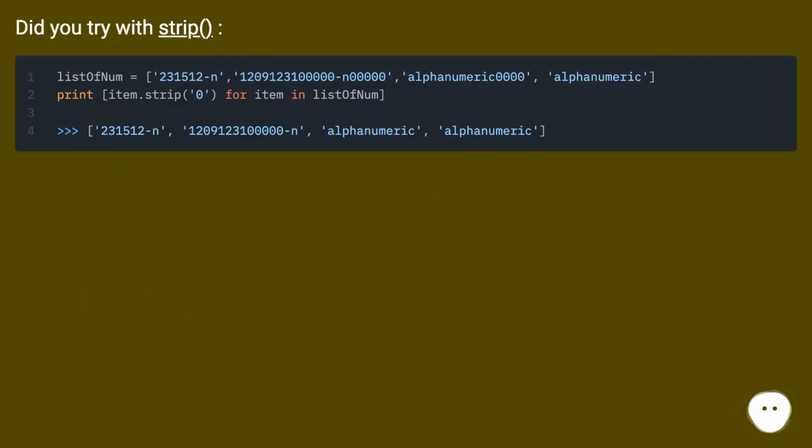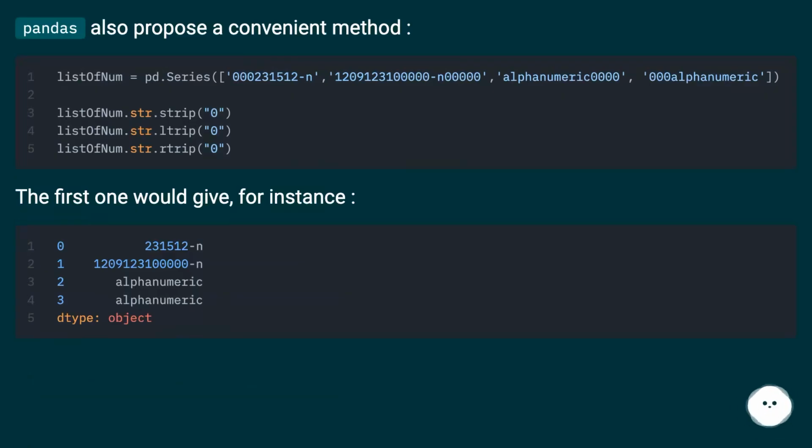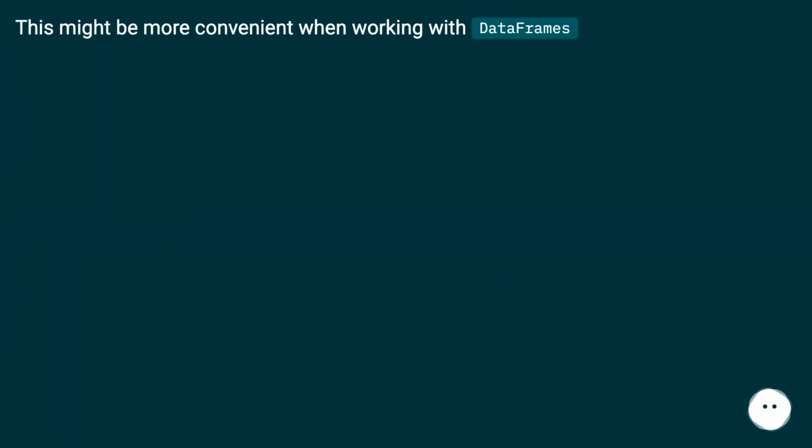Did you try with strip? Pandas also proposes a convenient method. The first one would give, for instance, this might be more convenient when working with data frames. Also